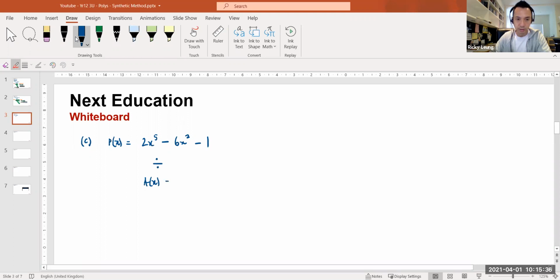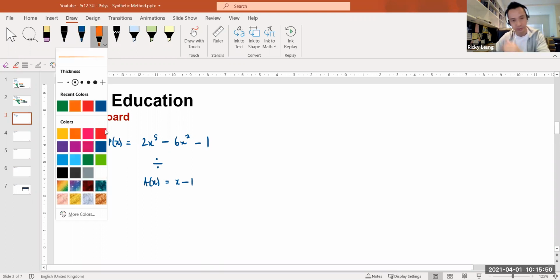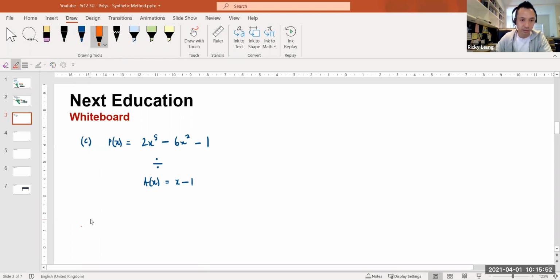Ax, x minus 1, just to make it easy for us. So lots of gaps in that. There's lots of missing polynomial terms like x4, x3, x. So when they're missing, as we do in the traditional method, we basically put in zeros. We'll do that for the synthetic as well. So let's go here, method